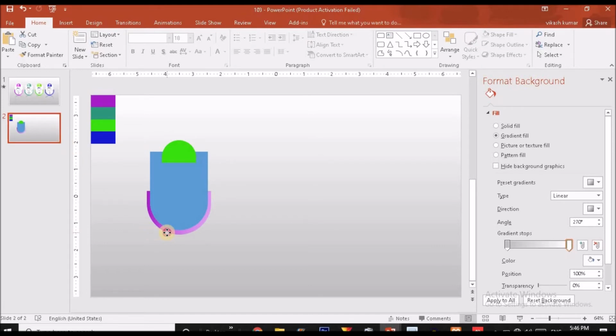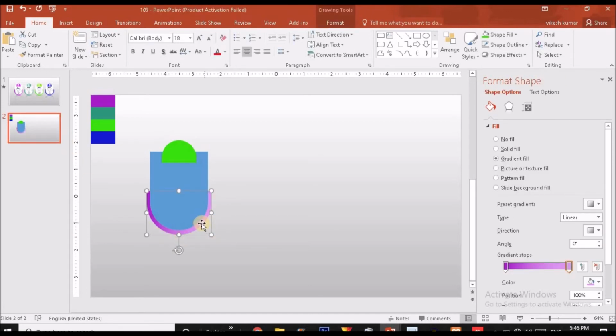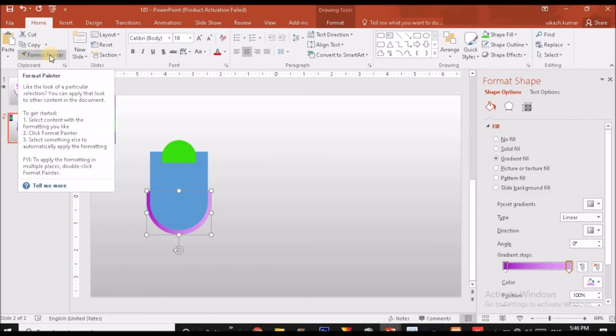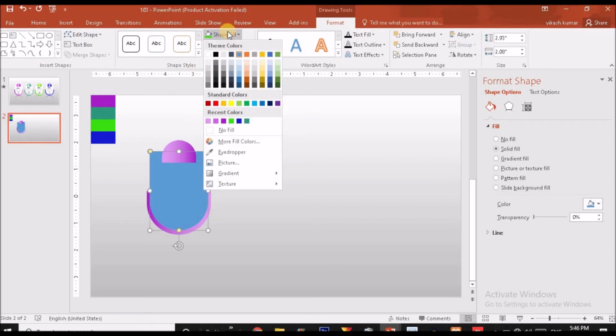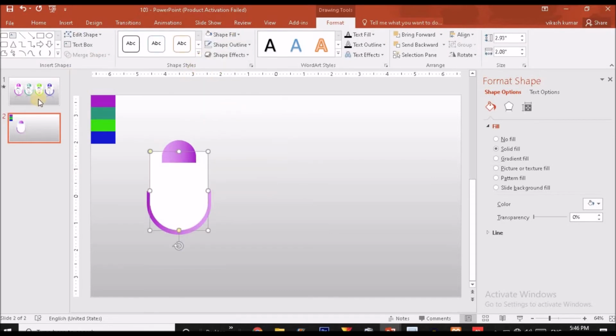Now click on this shape which I have filled with the gradient color, and now you can see here the format painter option under the home tab. Click on the format painter option and just click on this green part over here so that you can get the same color gradient over this shape. Now you just have to alternate the handle so that we can get alternate gradient colors on the top shape, like this. Okay, now I'm going to use a white color for this shape, so I'm going to choose this one and the shape is completed.